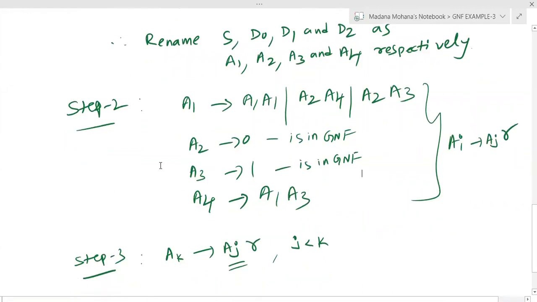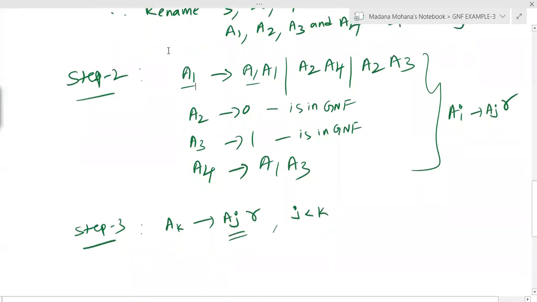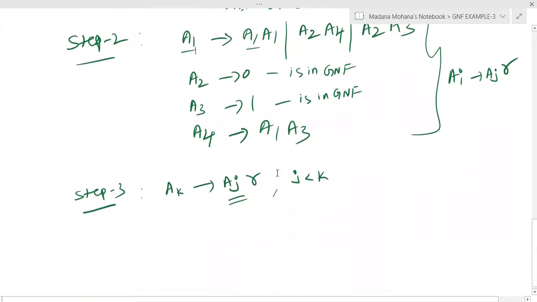two productions into GNF. Consider A1 derives A1 A1. Here you can see this is already in the lemma 2 format, that is the left recursion format. Then by applying lemma 2 for A1, once you can reduce A1 to GNF, then A4 derives A1. Directly you can substitute A1 productions in A4. Then A4 also reduces to GNF. So therefore,